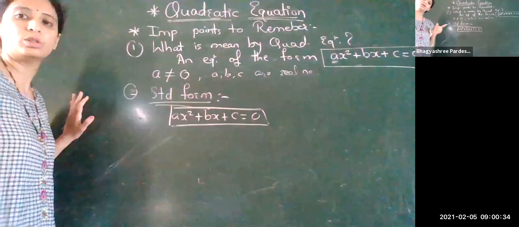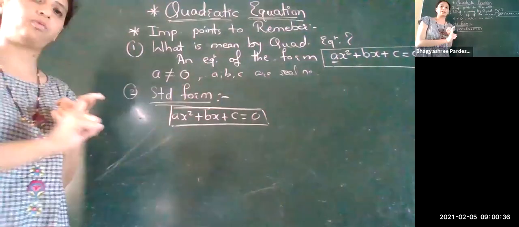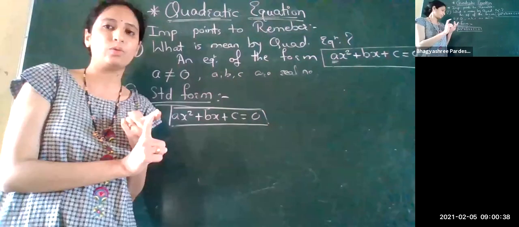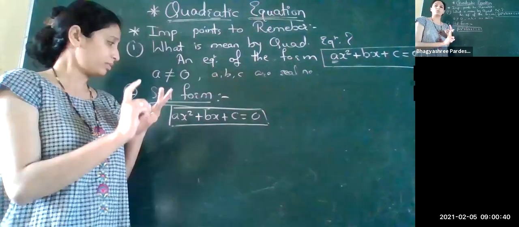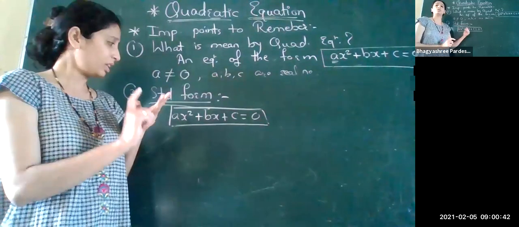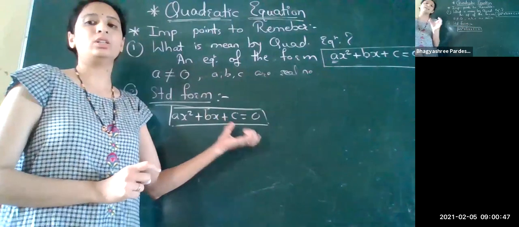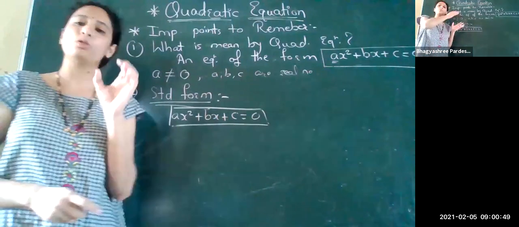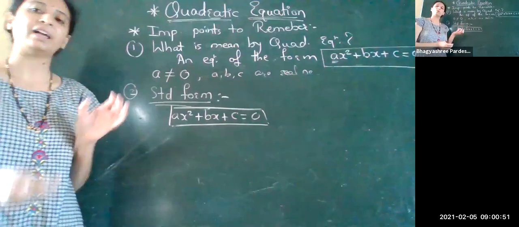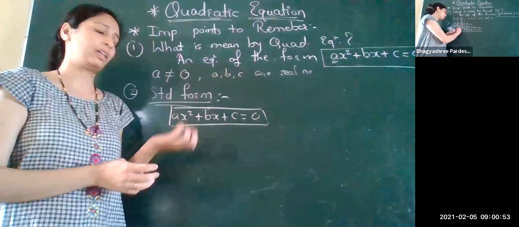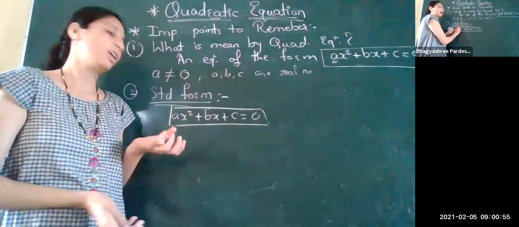Now why is this important? First, since it's a quadratic equation, this is the important thing. Secondly, most of the questions are asked based on this equation only. Means if you have to pass the exam, at least if you have to score the average marks, we can solve the questions which are asked on this.